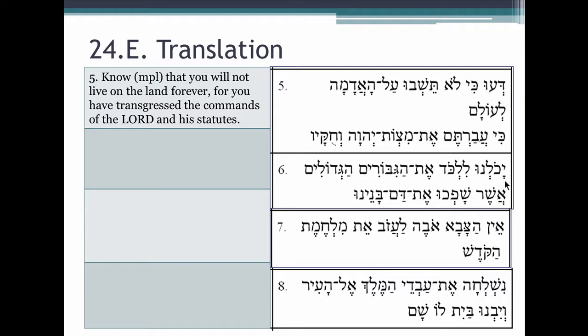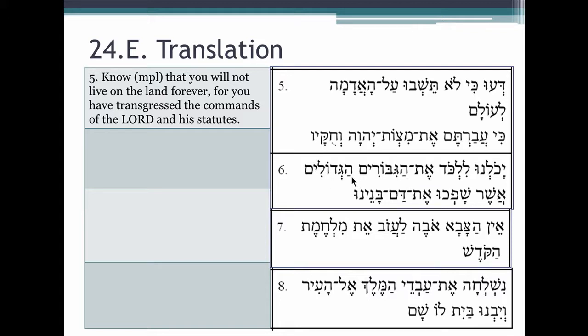Number 6, yakol nu. Again, yakol, clear lemma, nu is going to be a Qal perfect first common plural ending. So we are able, and then we have lamed, and then lakad. So the lamed here is going to be a preposition. We have shva holam, infinitive construct, prefixed by a preposition. Again, very, very common. So we are able to seize or to take et hagiborim, hagedolim. Again, both the adjective and the noun are masculine, plural, and definite. So we have a modification here. So we are able to seize or to take the great warriors, ha-giborim, ha-gedolim,